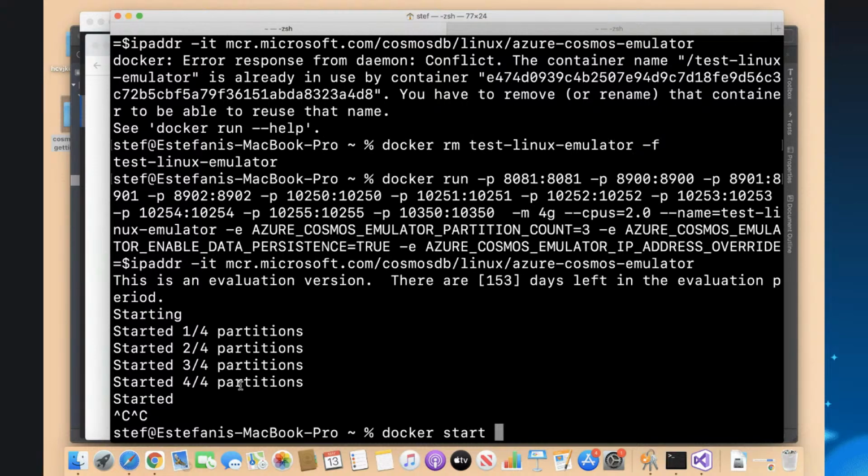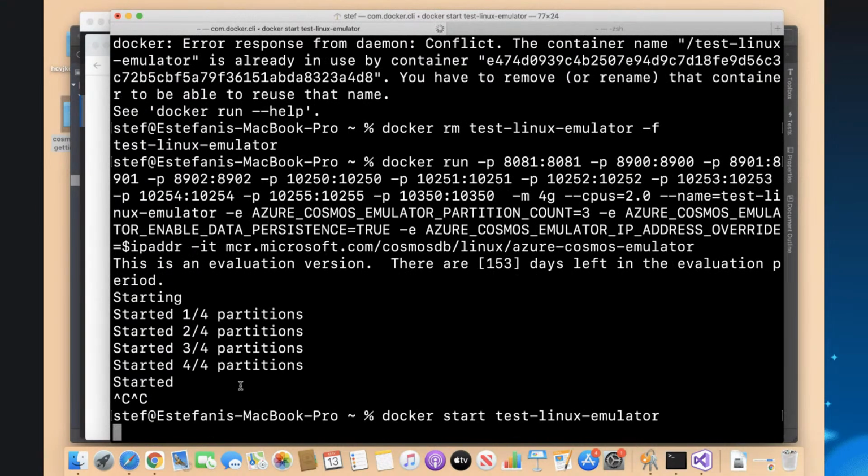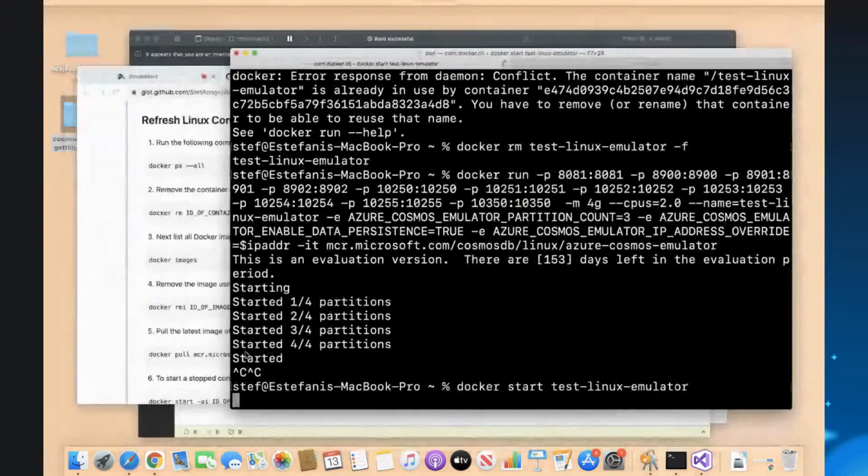So if I do Docker start test-linux-emulator, the name of the image, it will start it up again. And so while that's running up,